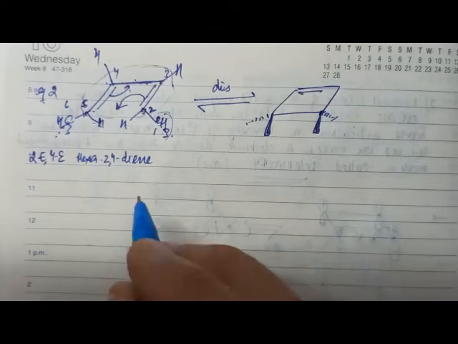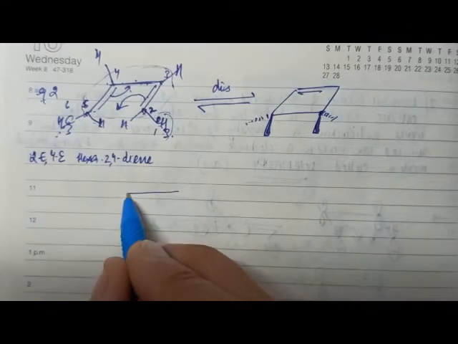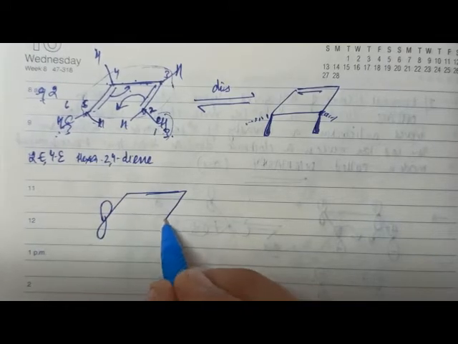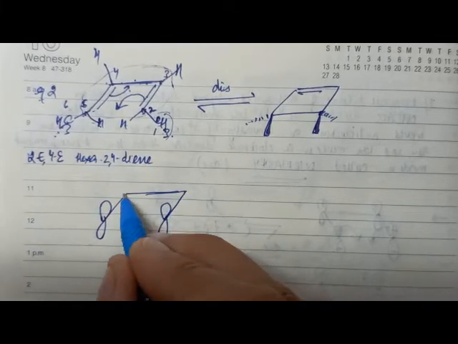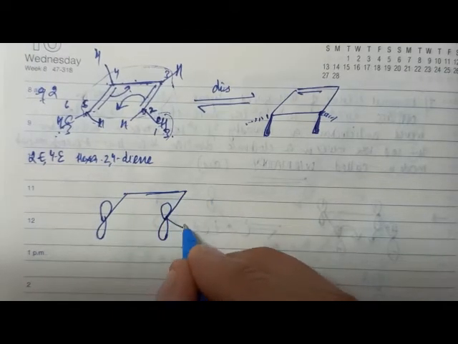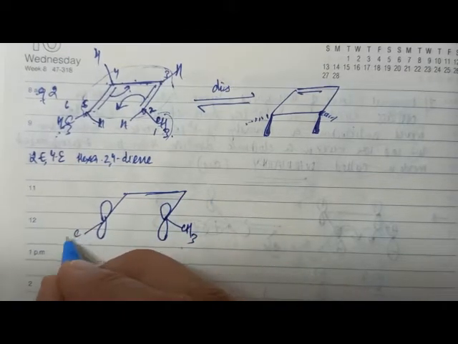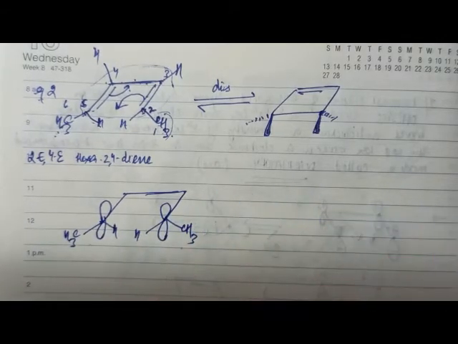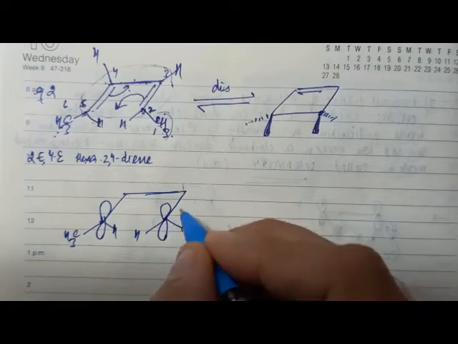But before we do that, let's draw the orbital picture and then try to put the substituents with respect to the orbital. For simplicity, I am not drawing the p lobes here and here. This will assumingly form a pi bond. This p lobe. Methyl was here, methyl was here. Hydrogen was here, hydrogen was here. This was your butadiene molecule to start with. Of course, a p lobe here, a p lobe here.